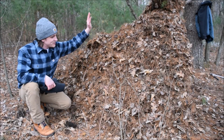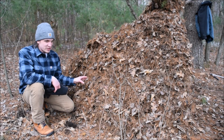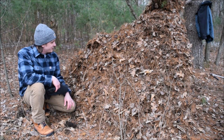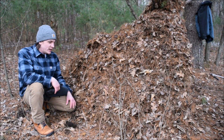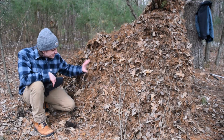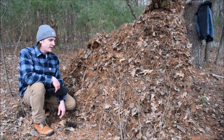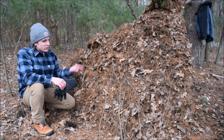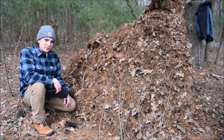I got one side done here. As you can see, this works out really well. It's gonna keep me insulated. It's gonna keep the wind from getting in. I put a nice thick layer on here so I don't have to worry about it blowing off or anything. So yeah, this is gonna work really well. I'm really happy with this. So I'm gonna finish the other side up here,